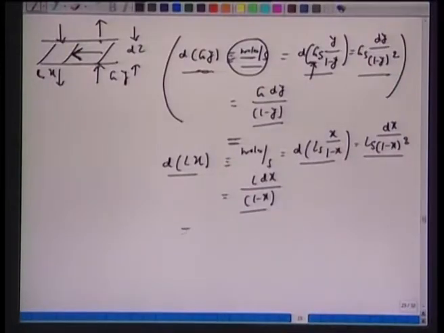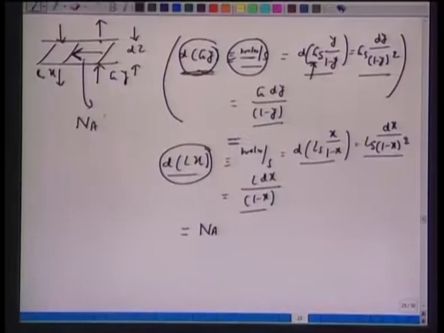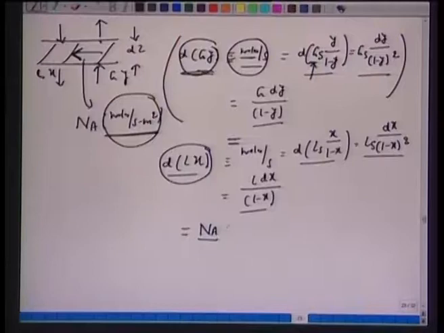And most importantly, all of these quantities will also be equal to NA. So, now we are talking of flux. Why has this quantity changed across this dz, by dGy or by dLx? Because there is a transfer of sulfur dioxide from the G phase to the L phase in terms of moles per second per meter square. So, now we are getting into the business of mass transfer and diffusion flux equations. We have NA in moles per second per meter square. That is the flux across the two phases, from gas phase to liquid phase.